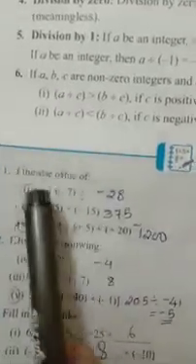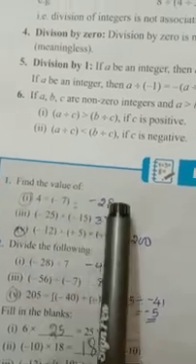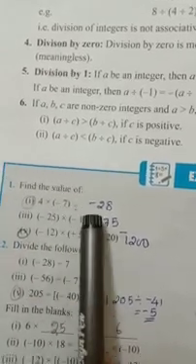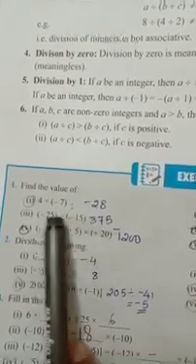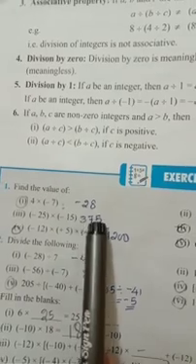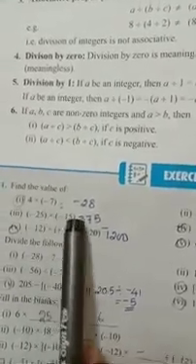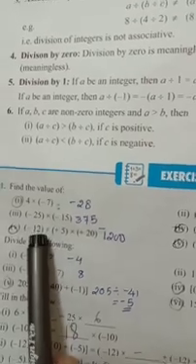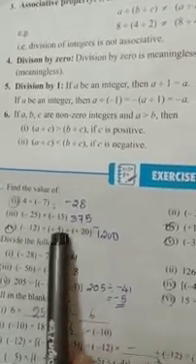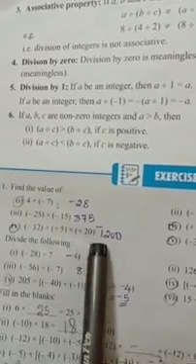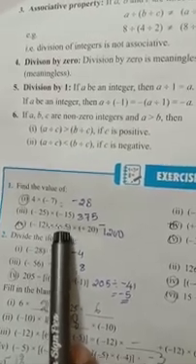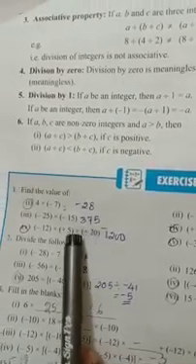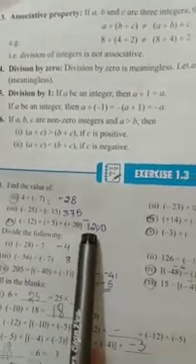See 4 into minus 7. First you have to multiply the number. 4, 7 are 28. 1 is minus, 1 is positive. Then different sign, it will come negative. Here minus 25 and minus 15. First you have to multiply the number, 25 into 15, 375. Same sign numbers, that will come positive. Here you multiply 3 numbers. 12 5 are 60 into 20, 1200. You check it. Here different sign, it will come negative. Then negative plus. Here again negative and plus different sign, it will come negative.